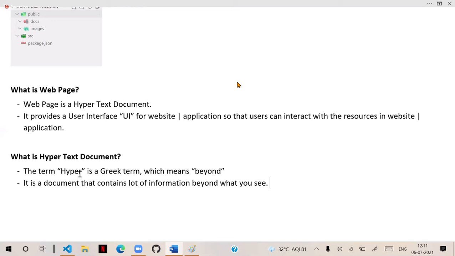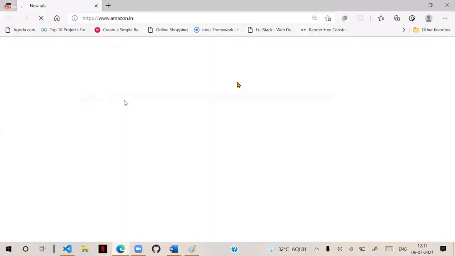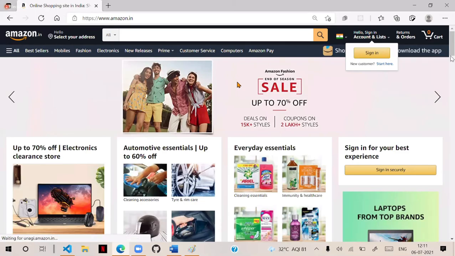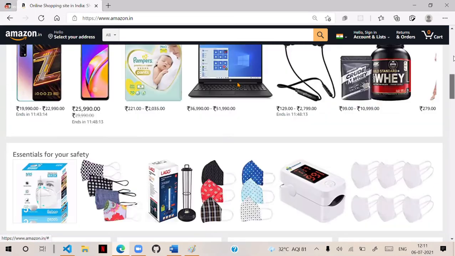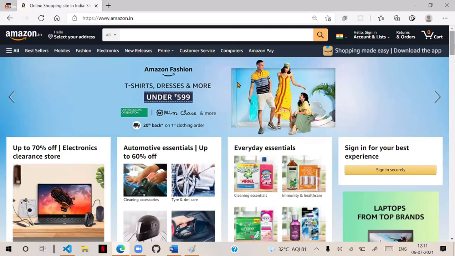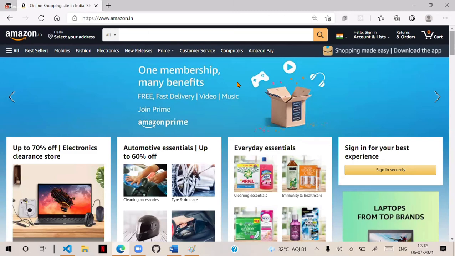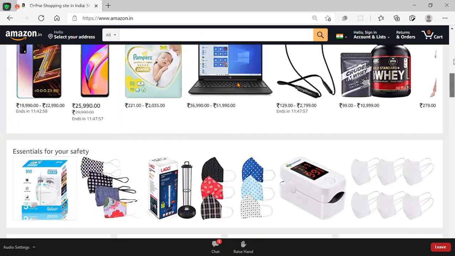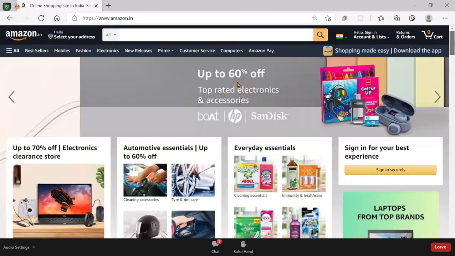I will tell you one simple thing so you can easily understand. Suppose I opened amazon.in. It opened a document, and in this document it is showing some content. Is this the only content this website has?